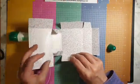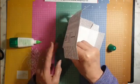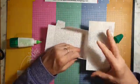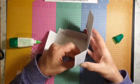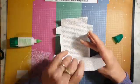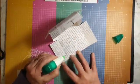And then we're just going to bring that one up and line it up with that line so it's flush with the back. I'm going to turn that one around, and we're just going to line that one up so it's flush with the back there as well. And I like to use glue because you can wiggle it back into shape if you don't have it right. So what I'm going to do now is lay it down on its side,